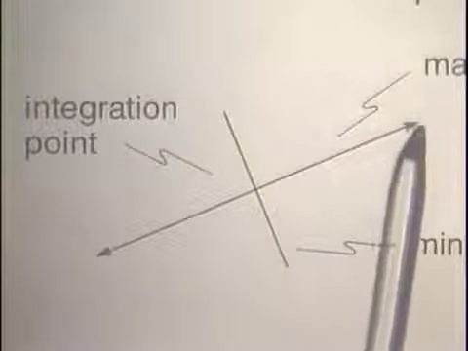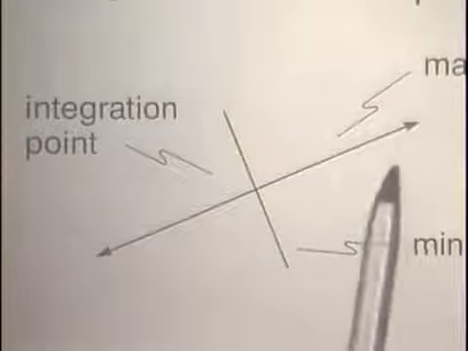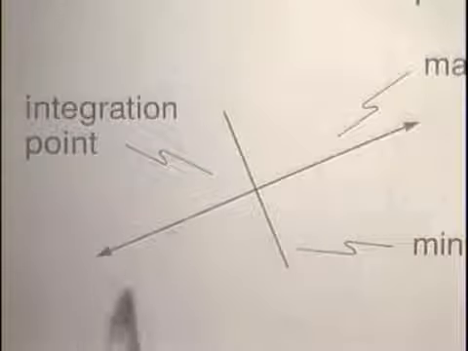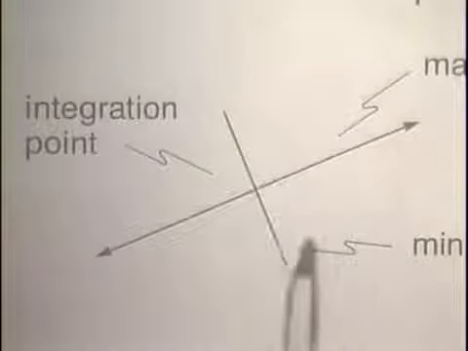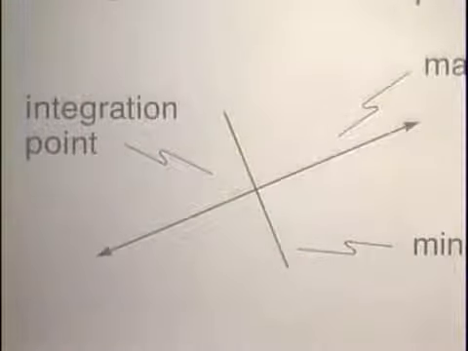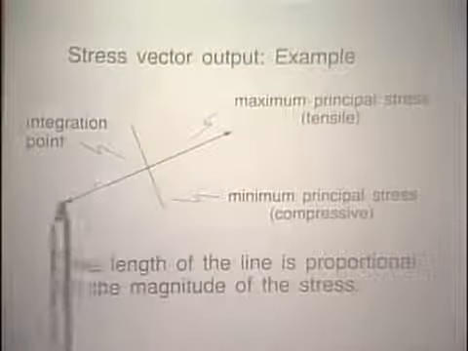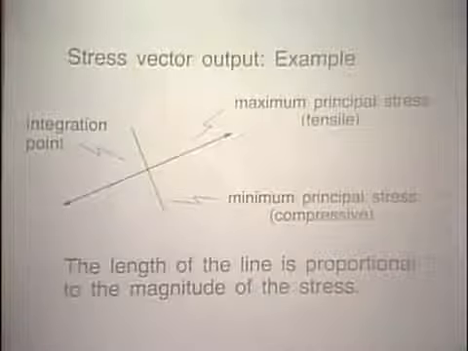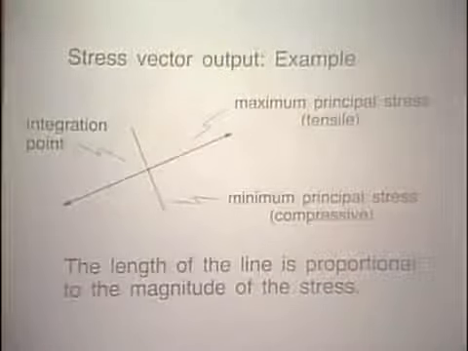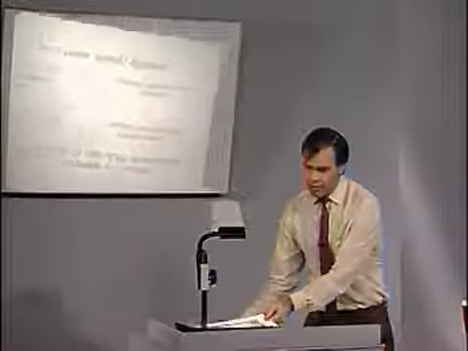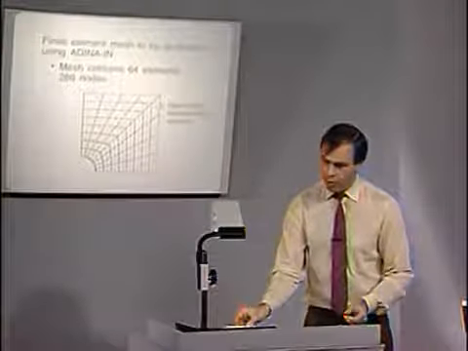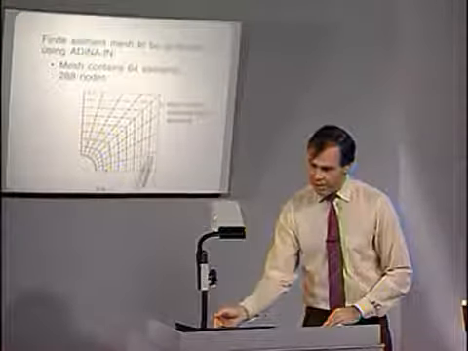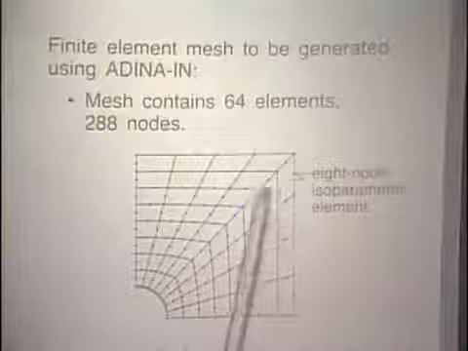So we can see, in other words, how the stress flows through the material, and we can see, of course, compressive and tensile stress situations, and notice that the length of these lines is proportional to the magnitude of the stresses. We can plot this stress vector output for all the integration point stresses in the mesh, and